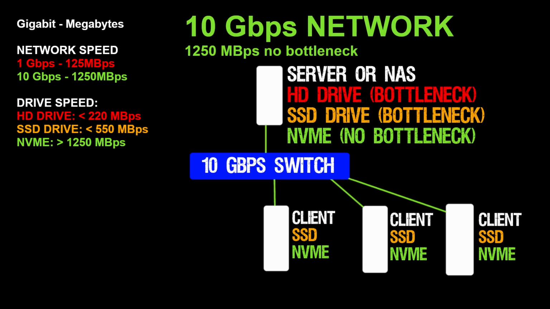As we see in this slide, we have upgraded to a 10 gigabit per second connection. In this case, we see that the bottleneck is no longer the network, but the speed of the disks. Mechanical hard disks hugely act as a bottleneck. SATA SSDs, on the other hand, stopping at performance of about 500 megabytes per second, limit file transfers by about